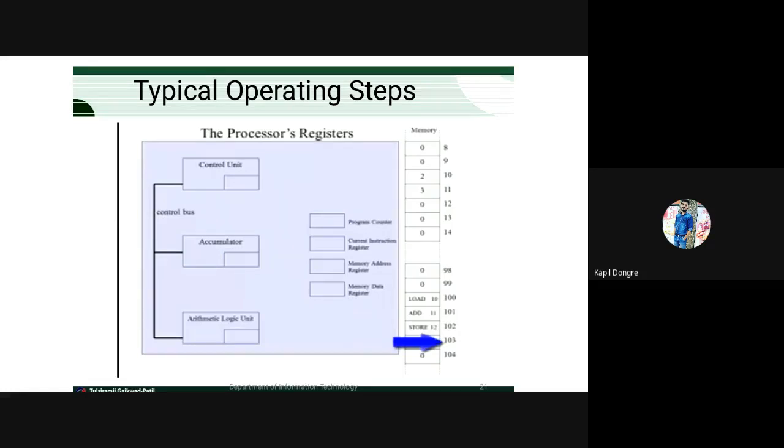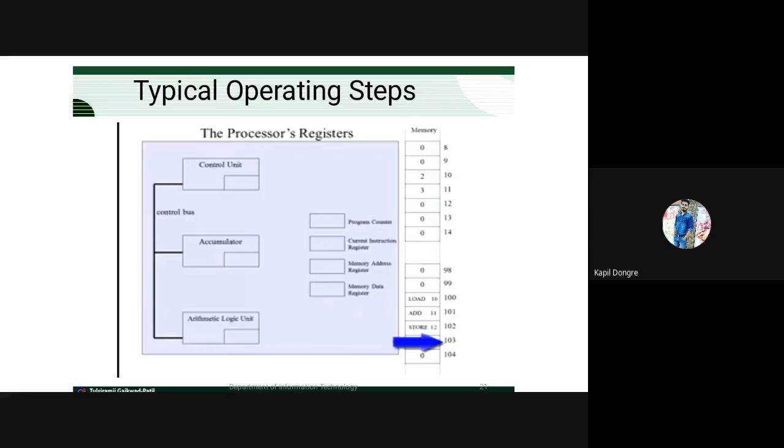What is the need of the program counter? The program counter is used to take the initial address of any instruction. जहां जो भी लोकेशन से आपकी इंस्ट्रक्शन स्टोर होने वाली है या एग्जीक्यूट होने वाली है, उस इंस्ट्रक्शन का इनिशियल एड्रेस हमारे जो प्रोग्राम काउंटर होता है उस प्रोग्राम काउंटर में स्टोर होता है. Nothing but the program counter is used to store the initial address of instructions.